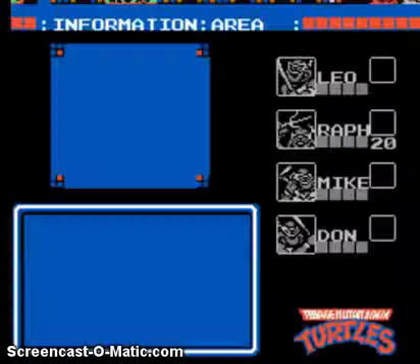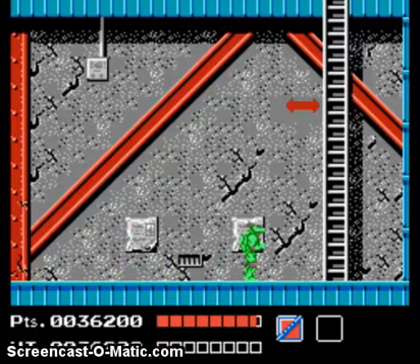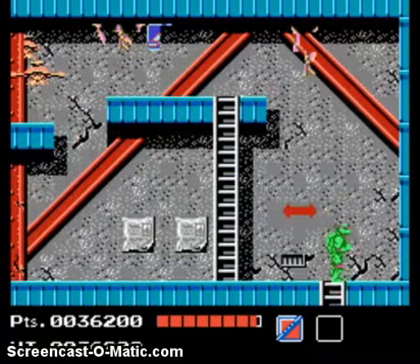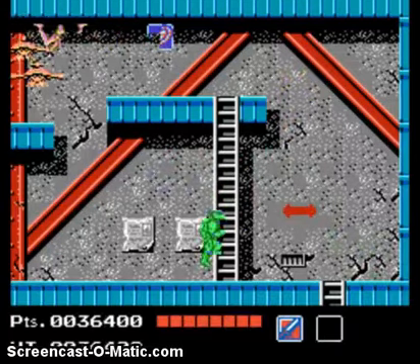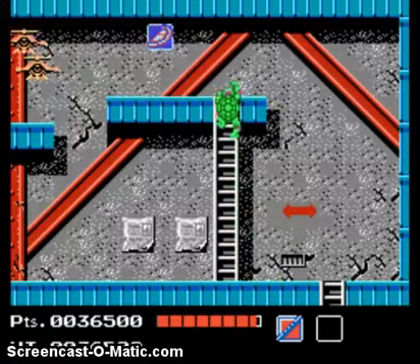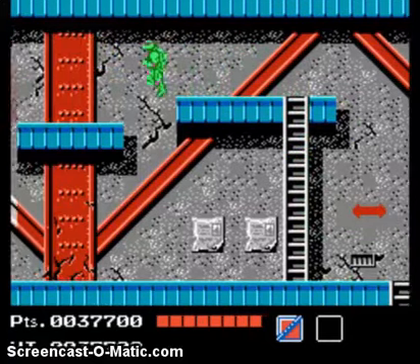For certain areas, there's a certain group that works a little bit better. Going through this section is a good opportunity for you to get the feel for how the turtles respond. You'll probably notice right away that Leonardo and Donatello are significantly more useful than Michelangelo and Raphael, and